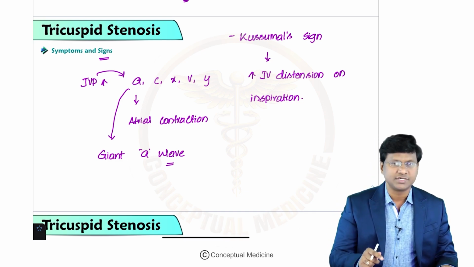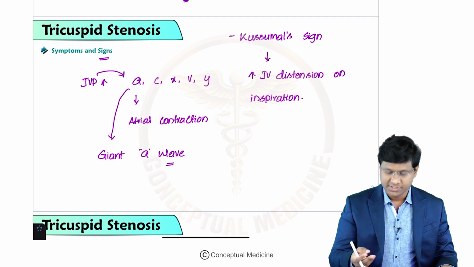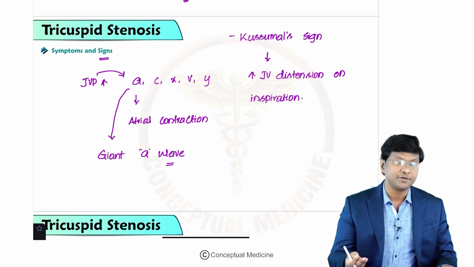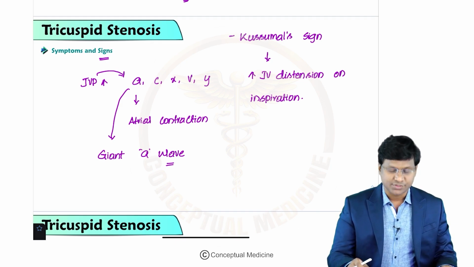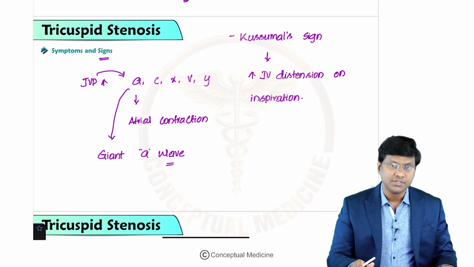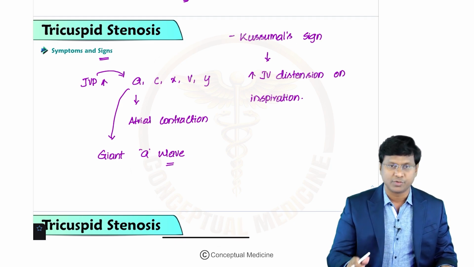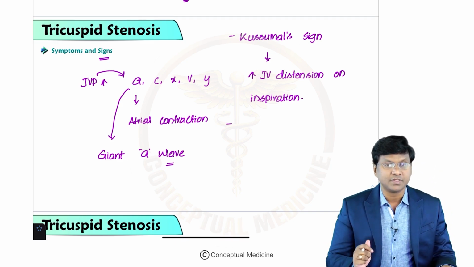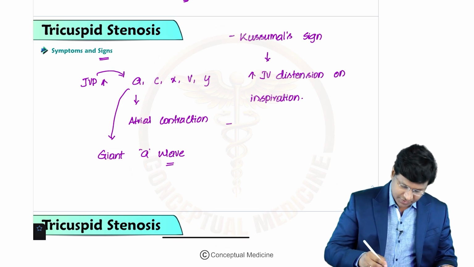And Kussmaul sign is not present only in tricuspid stenosis, it is also present in tricuspid regurgitation, right heart failure, restrictive cardiomyopathy, constrictive pericarditis. So these are all the conditions where you will have the presence of Kussmaul sign. Now, in these individuals, whenever you auscultate,